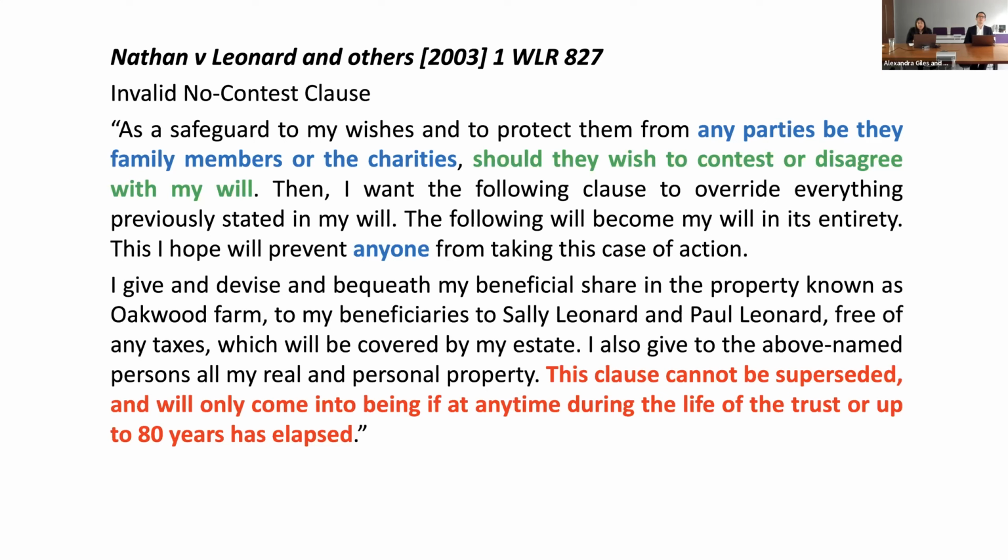And there is an interesting point in Nathan and Leonard, which is that Andrew, who was making the 1975 Act claim, was given a third of the estate to be put on trust, but he wasn't the only beneficiary. It was the charities, obviously, and also his issue. And by him making the challenge and the way that the condition was drafted, it did mean that the charities and his children were going to be losing out. And so you have to think about that as well.